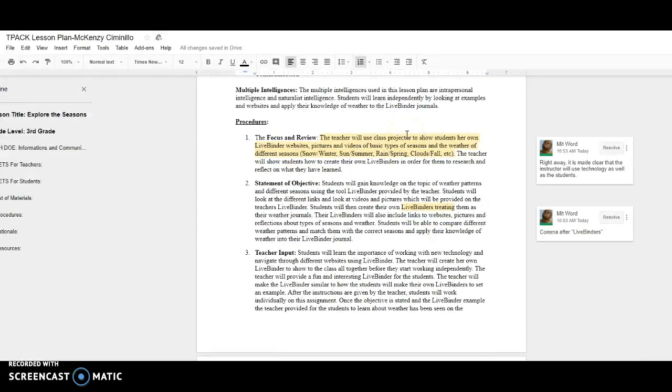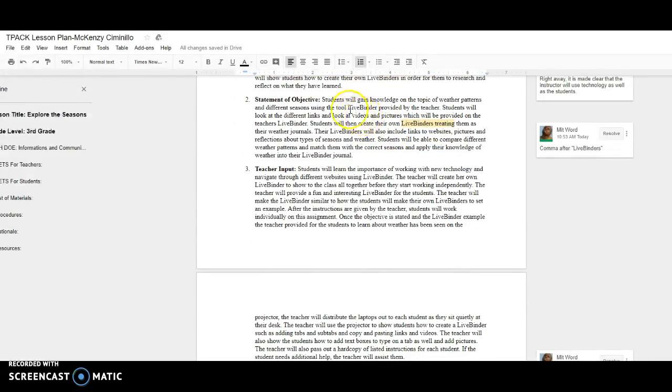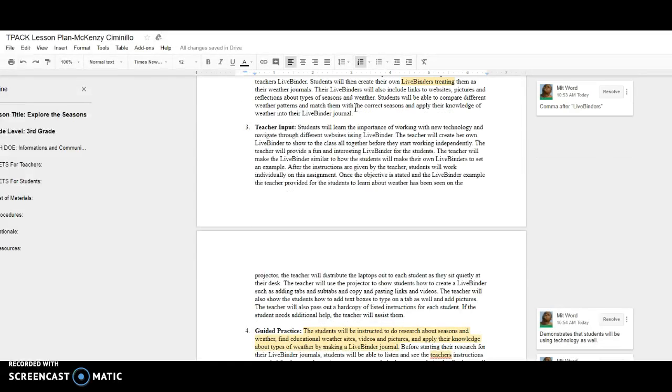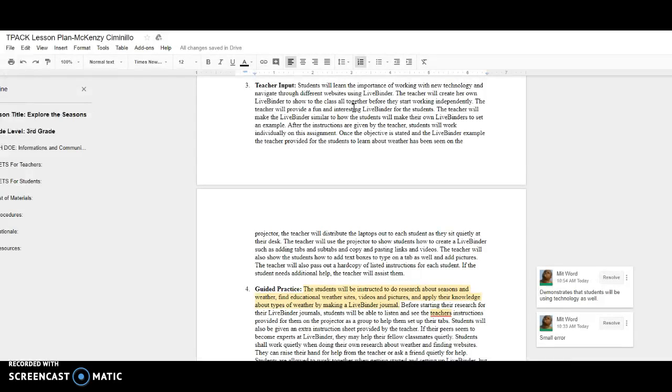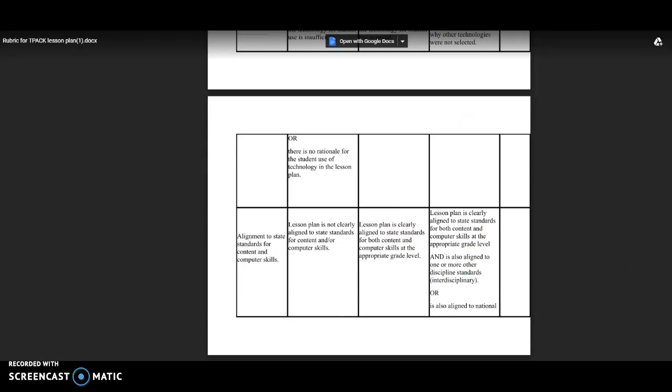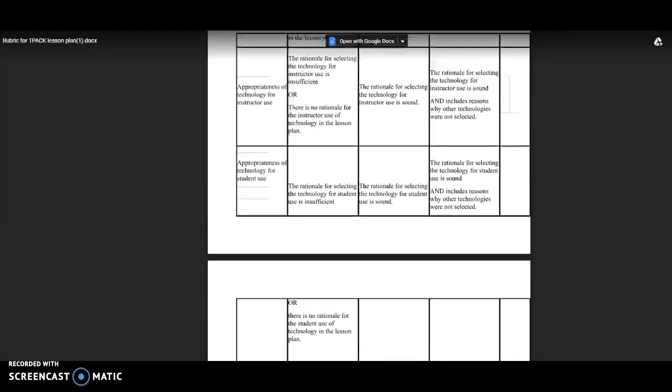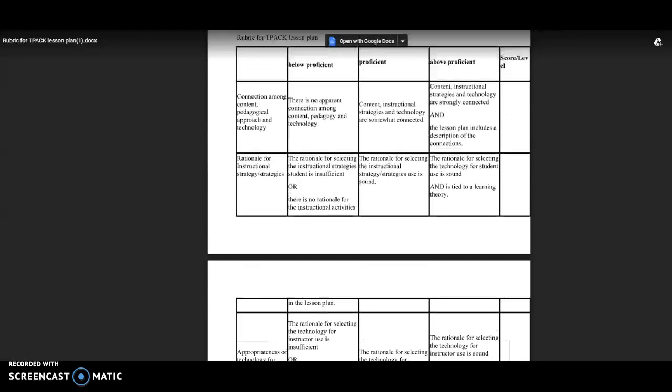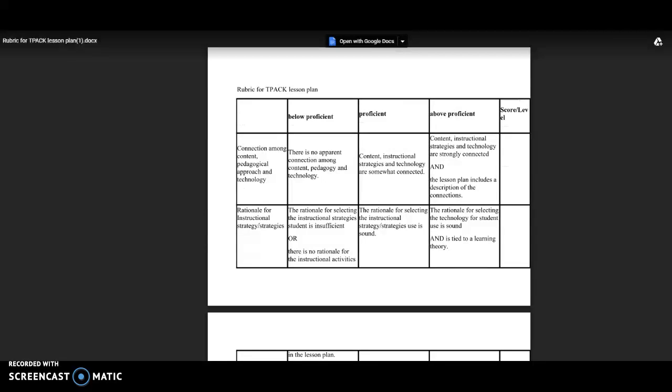The technology, I believe, is appropriate, and the way that they'll be demonstrated. There's a lot involved here where the teacher can answer questions, students can help out each other, create a really good cooperative classroom atmosphere, and really facilitates the familiarization with these new technologies. I do like the technology used. I feel like it's very appropriate for what's going on.